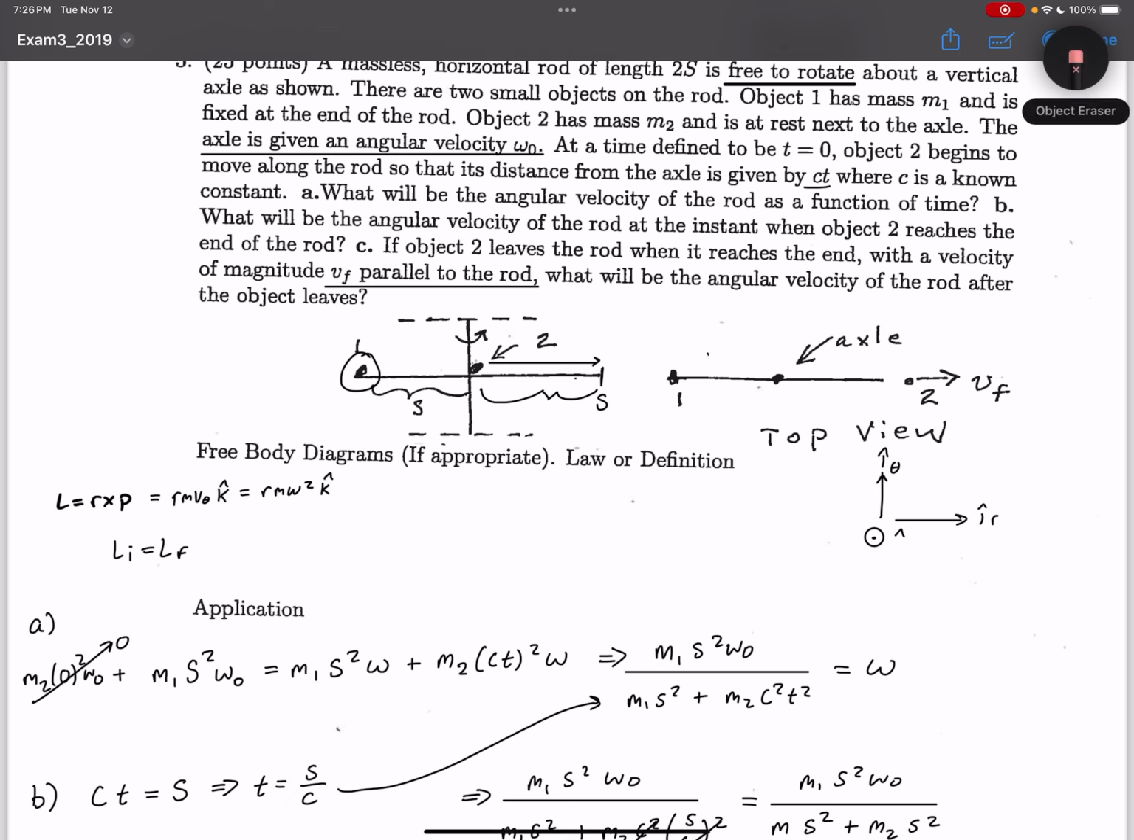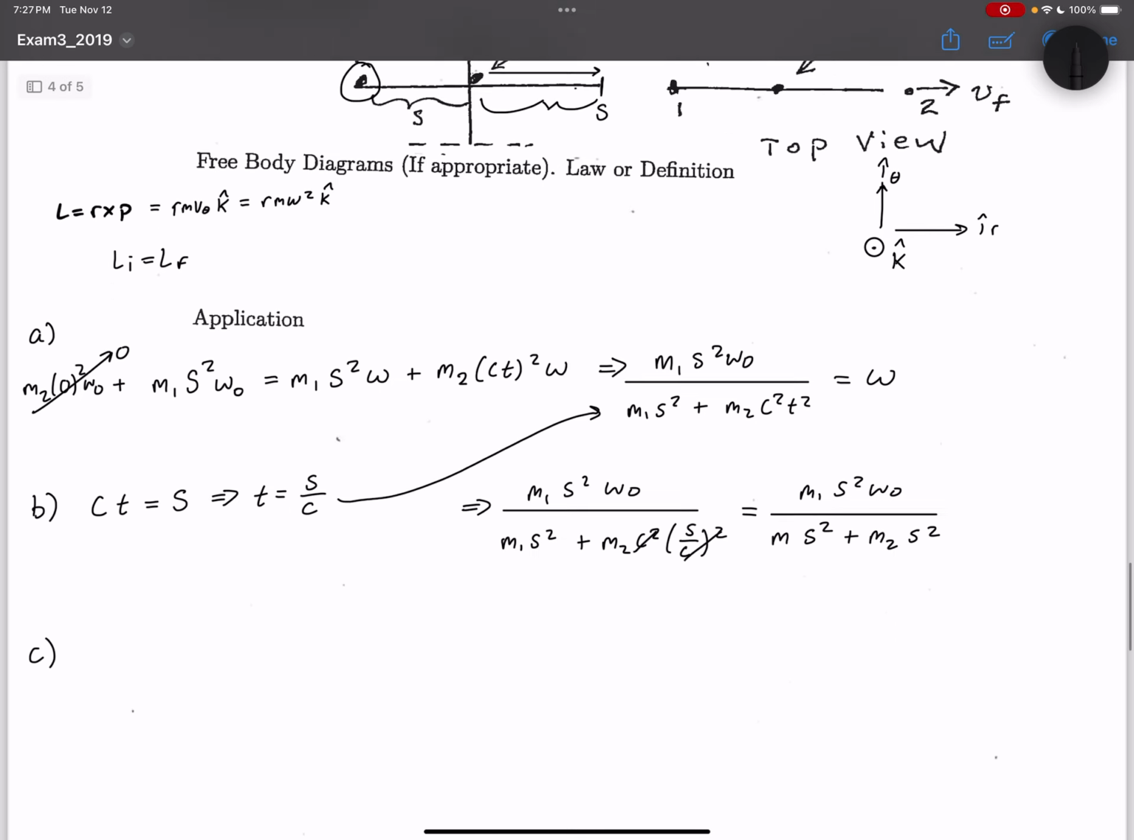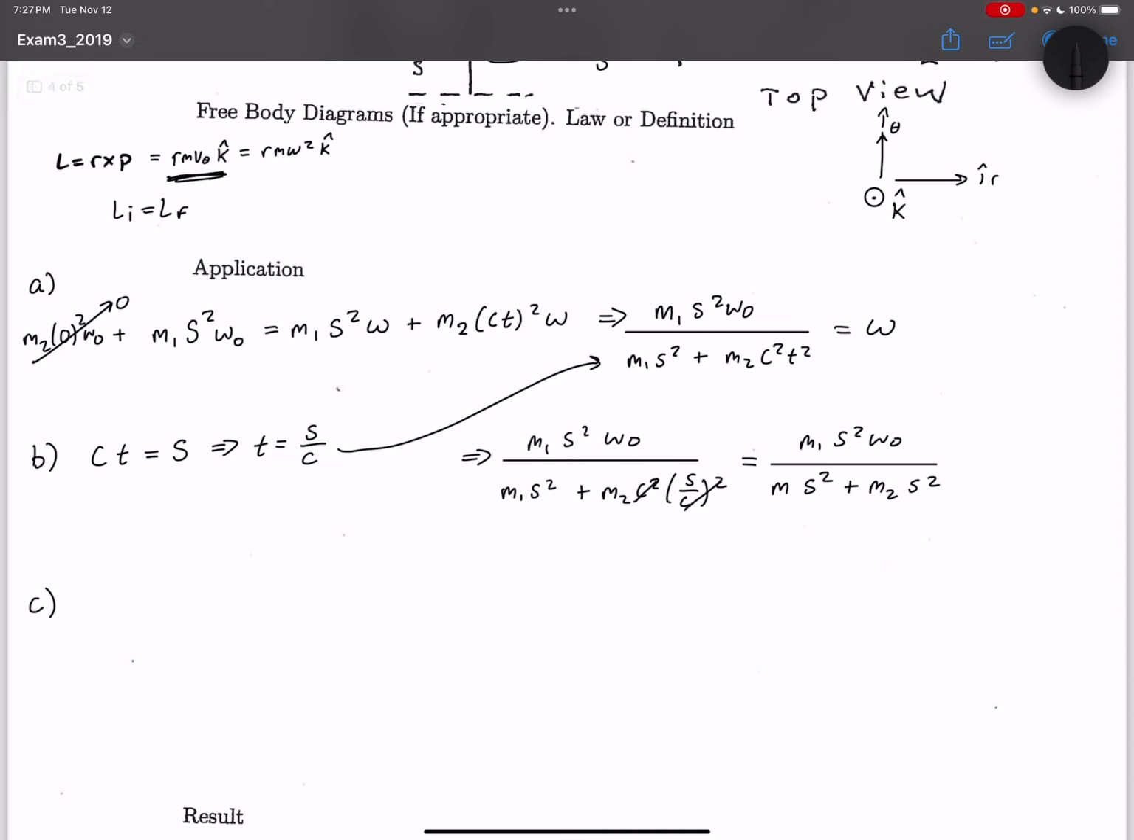And then K, or the Z axis, would be up towards our face, coming out of the page. And so, cool, all right. So we're going to be using this version of angular momentum to calculate this one. So we're going to have that, again, m1s squared omega naught equals m1s squared times the new angular velocity when the second object leaves the rod, plus the second object's mass times s squared,